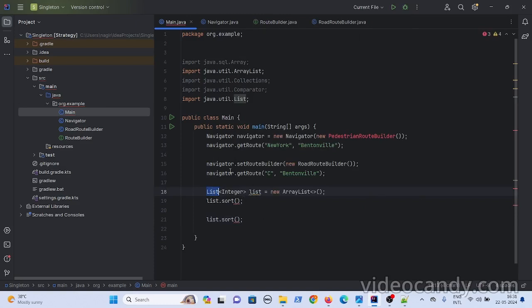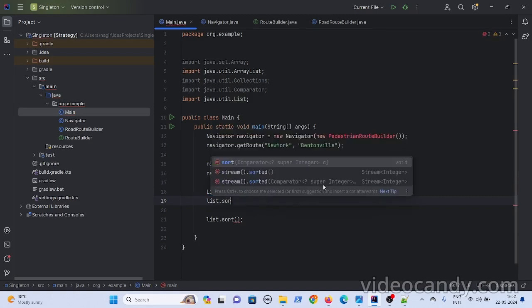And you can pass those strategies here, like list.sort. If you see this particular method, list.sort, you can pass here a comparator. This comparator logic can be anything. Initially this comparator logic can be related to ascending, and later on, if you want to sort in descending order, you can pass that comparator logic.